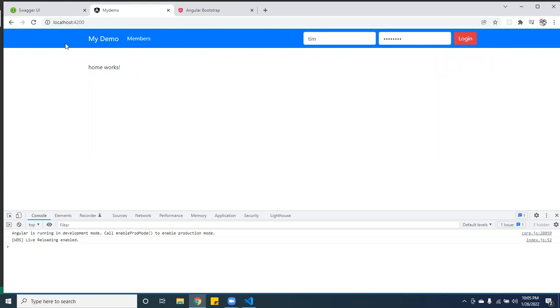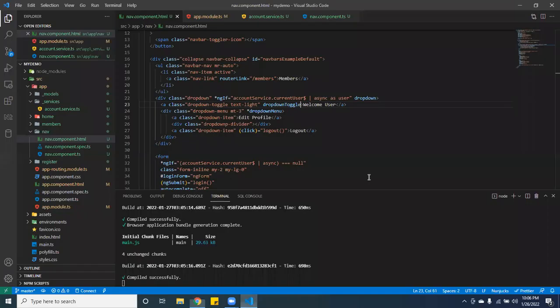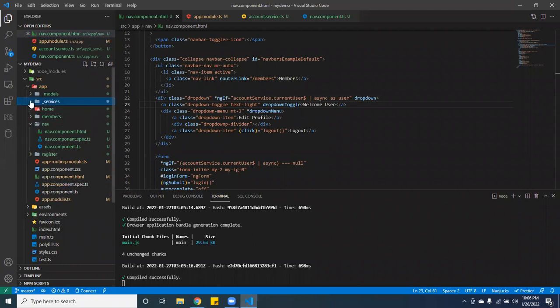But you want to do it persistent. So you don't want this to log in and log out without you wanting to. So let's go ahead and make it persistent. All right, I don't need that anymore. So in order for that to become persistent, we're going to have to go to the parent component,